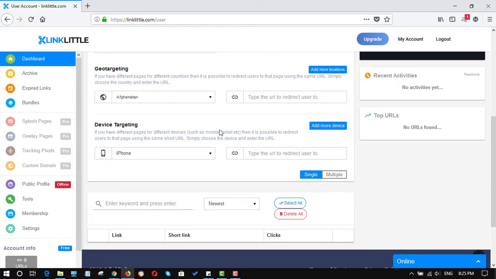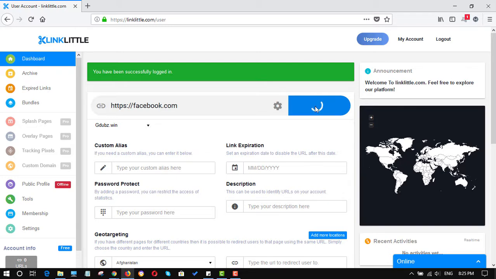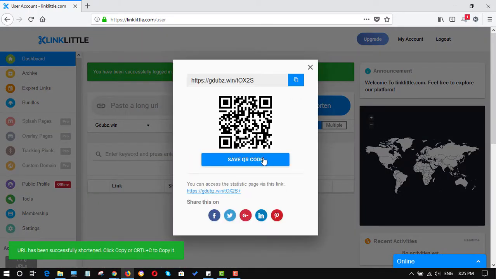After you configure everything correctly, click on the Shorten button. It will take a moment to shorten your URL. Then a pop-up box will open with the shorter URL, and it will give you a few options to make things easier. You can copy it easily, you can use the QR code, and